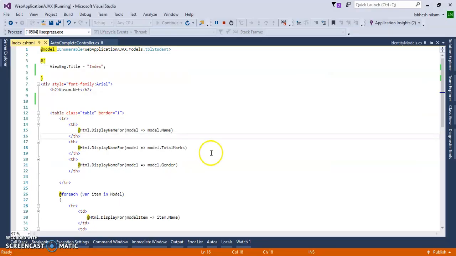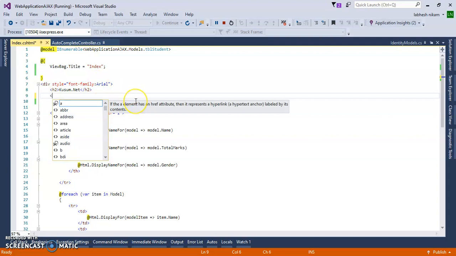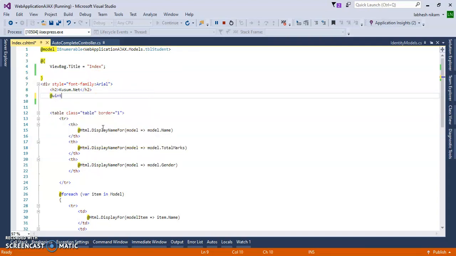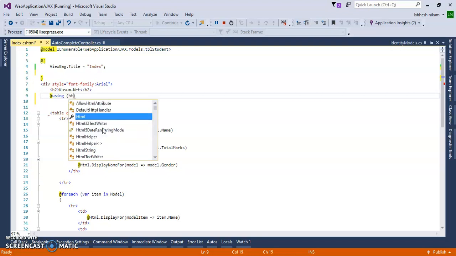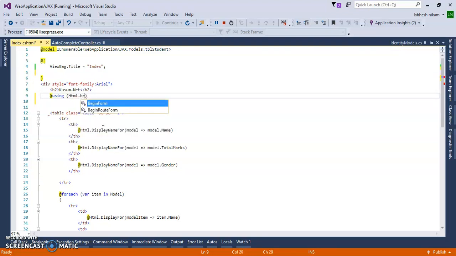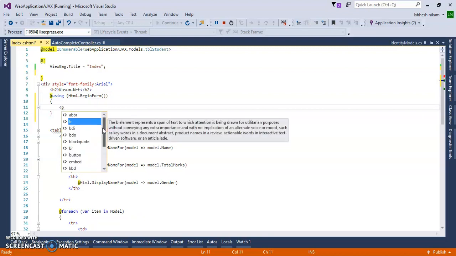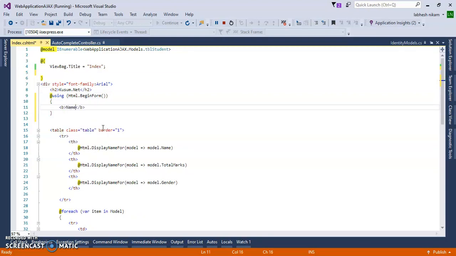So let's add one search form here. How to do the search form? We will add @using Html.BeginForm, and inside of this begin form we will create a name label and the text box.